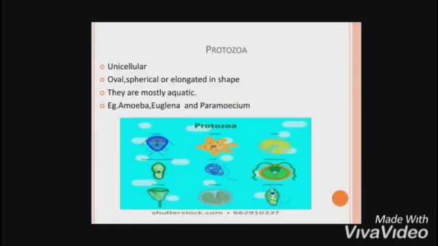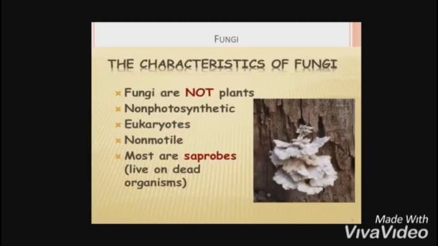The second type is protozoa. Protozoans are unicellular. They are oval, spherical or elongated in shape, and they are mostly aquatic, which means they live in water or in areas that are moist, and they feed on other tiny animals. Examples include amoeba, euglena and paramecium. The third type we are going to see is